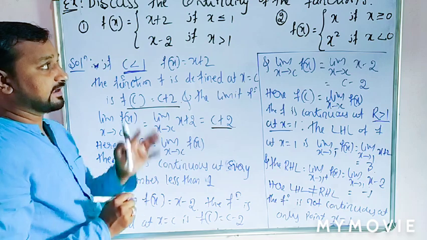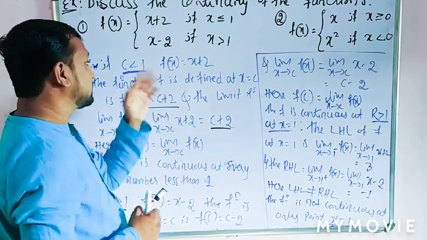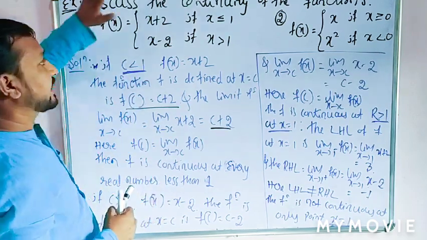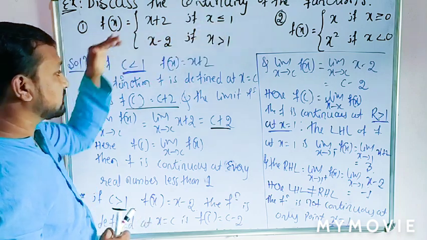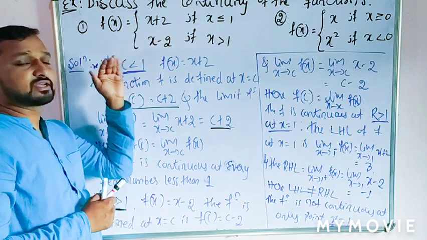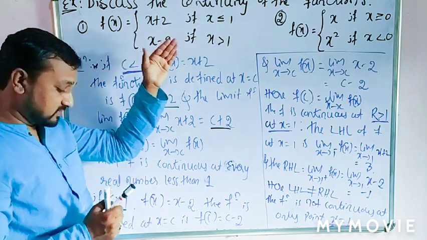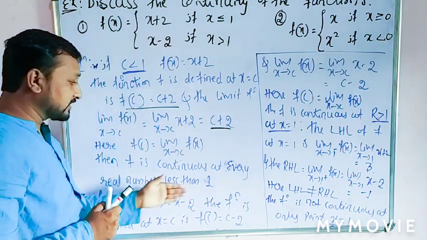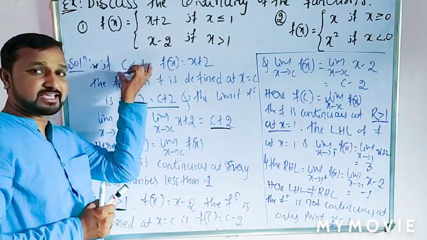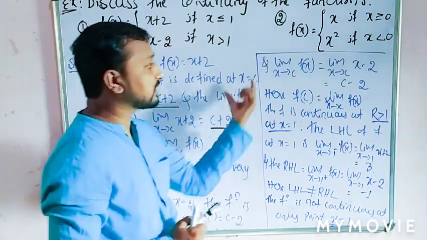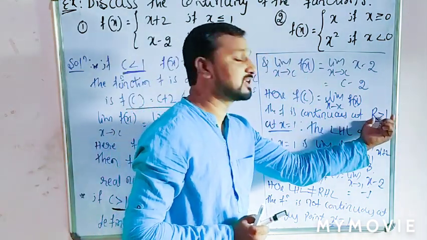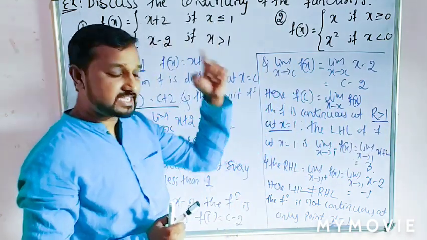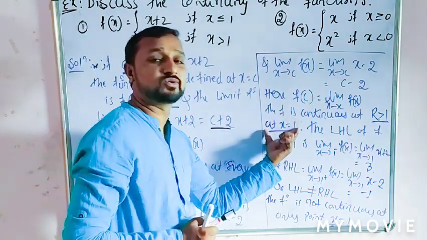See that? I can conclude in another way. Here we can take x less than 1, so c is nothing but the domain of the function. We can take x equal to c. For the function with x less than 1, this function is continuous at every real number less than 1. And the function is continuous at every real number greater than 1. And we check exactly at x equal to 1.